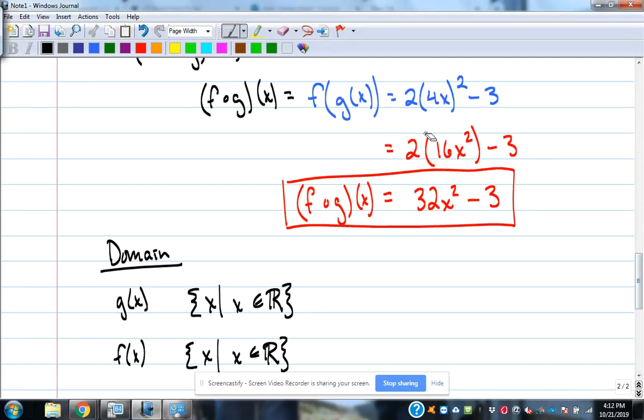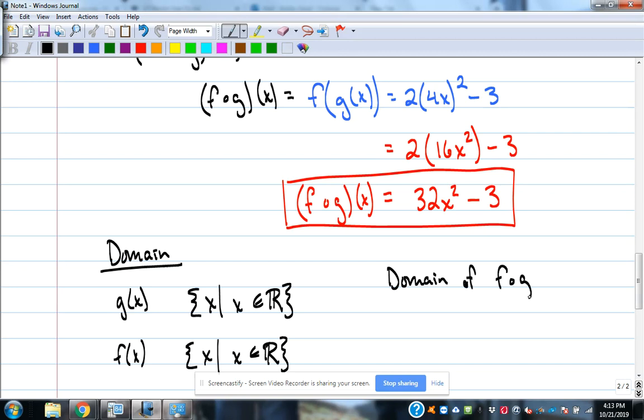We plugged it in, we worked it out. When we're going to find the domain, we want to look at the domain of each individual function. And then for our composite function, we want to look at the domain of the first function and say, okay, are there any restrictions on it? If there are, then we need to know when is g of x equal to those restrictions. There aren't any on this one, so our domain of